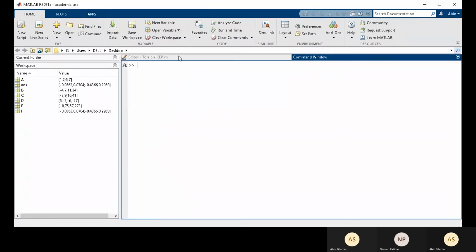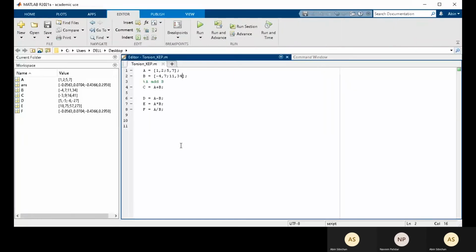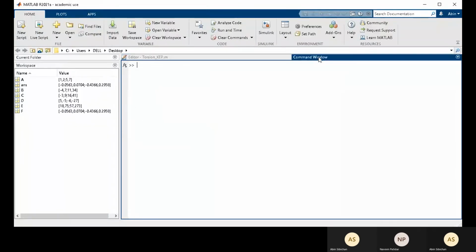So these are the matrix algebra operations that we already know. But what comes most to our use is the element by element operations. For that, let's introduce the dot operator. Let's say we have A and we have B. Suppose I want to produce a matrix, let's say M, whose first element is the product of the first elements of A and B, the second element is the product of the second elements of A and B.